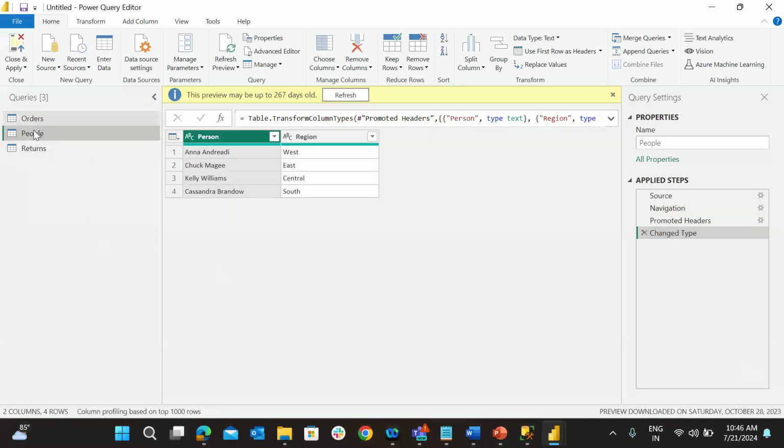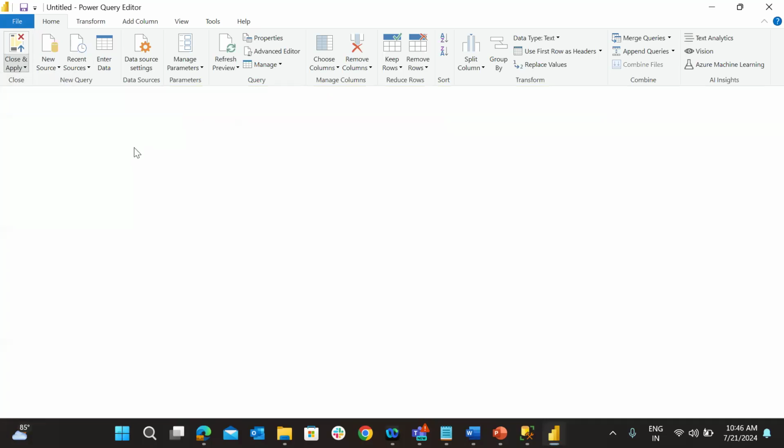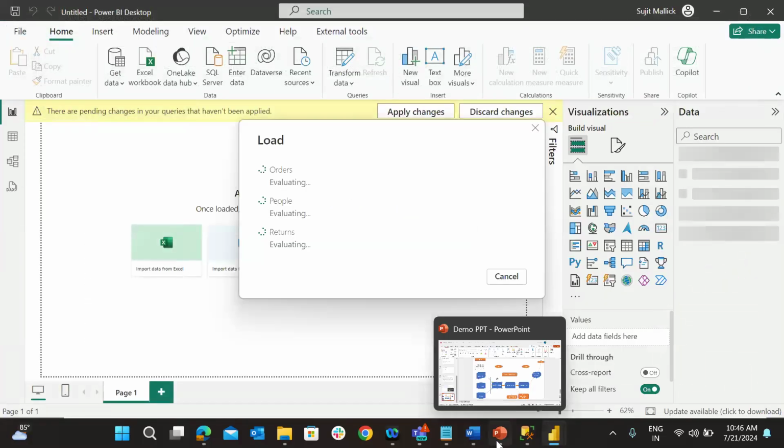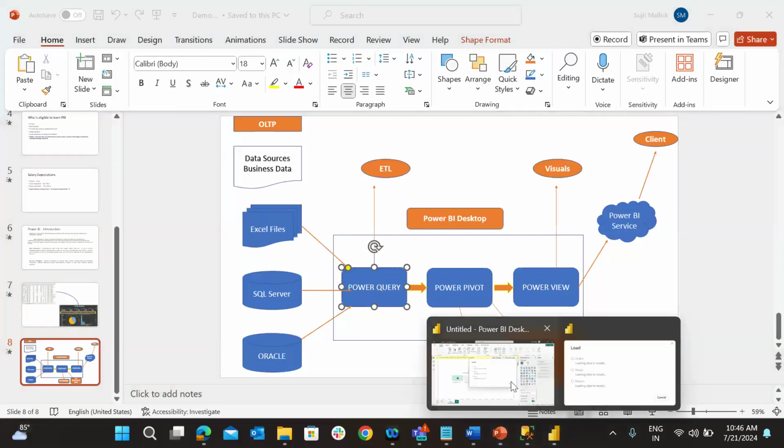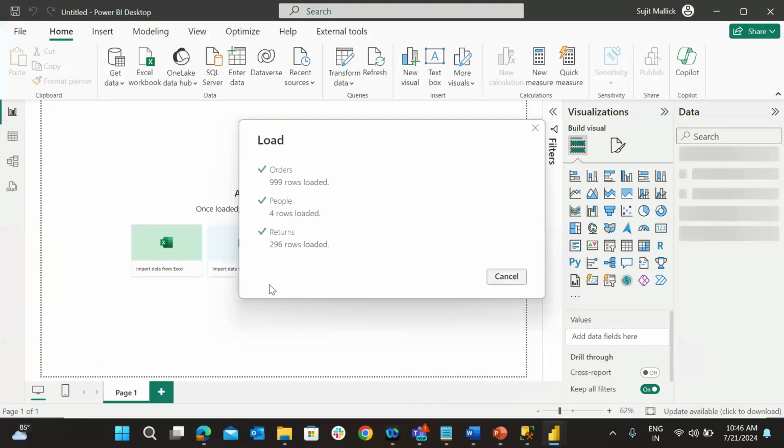Okay. So this is the main place of Power Query. Once this is done, we'll close and apply. We will go to Power Pivot. Basically, what Power Pivot does is the data modeling. Let me show you one more example of Power Query, why it is required. For example, my requirement,